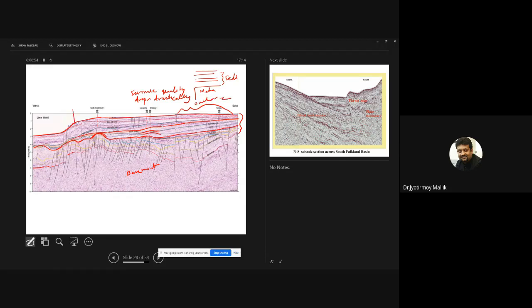This is perhaps the slope. This is perhaps the shelf, and then this is my deep sea, where the sea bottom becomes more or less flat, and then there is this sedimentary strata at the very top,